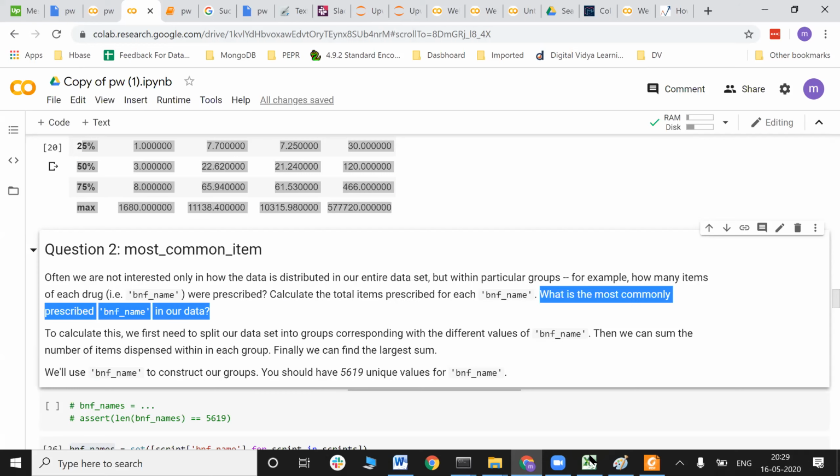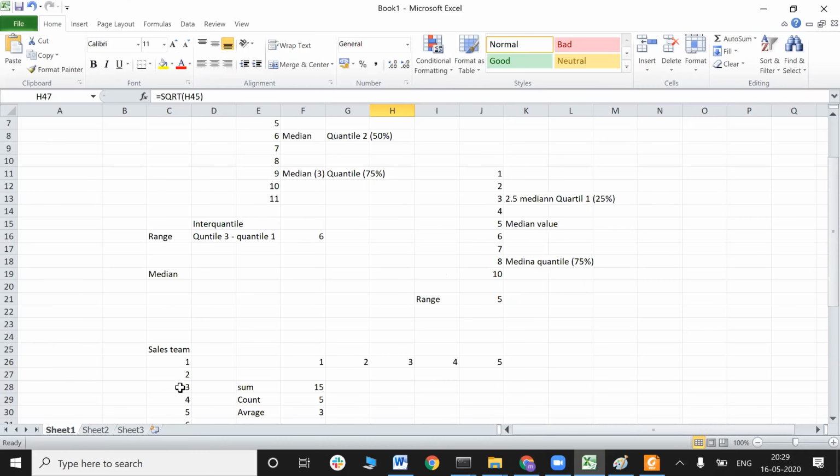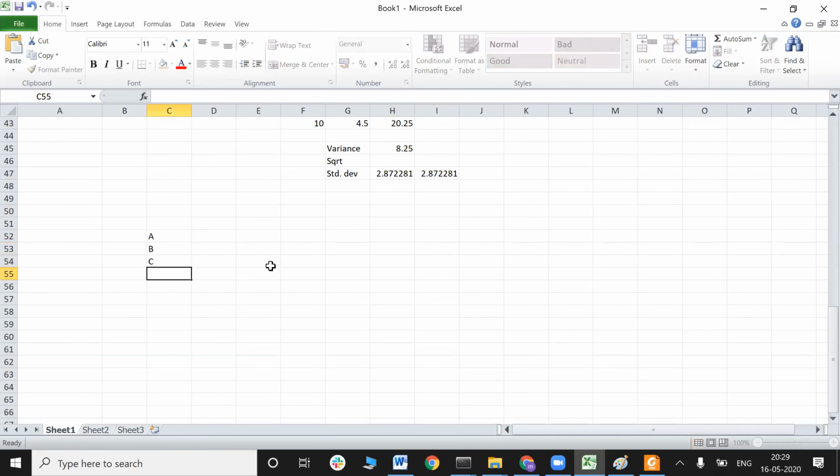Say for example, I have groups A, B, C, D. This is prescribed 10 times, this is prescribed 12 times, this is prescribed 14 times, this is prescribed 8 times. If I want to figure out which one is the most commonly prescribed drug, I can just get the maximum of it.